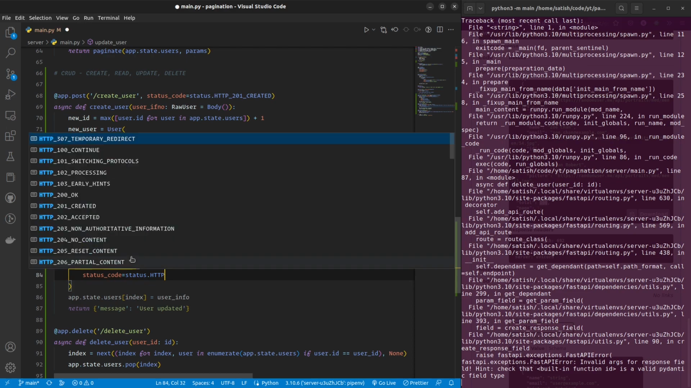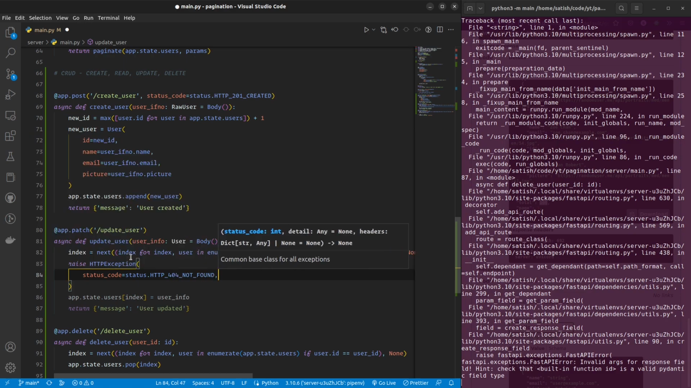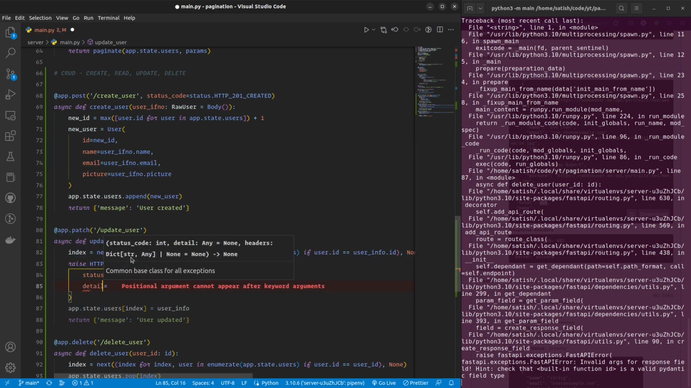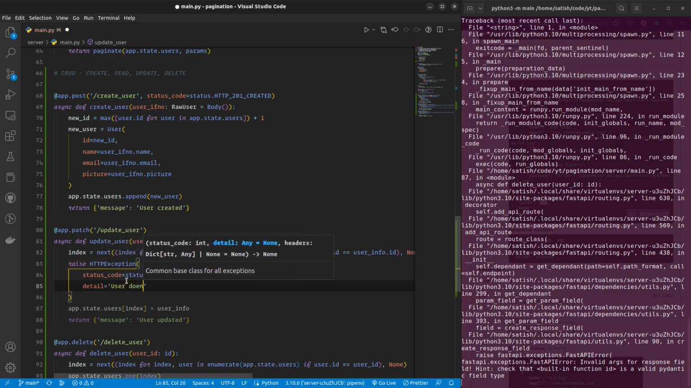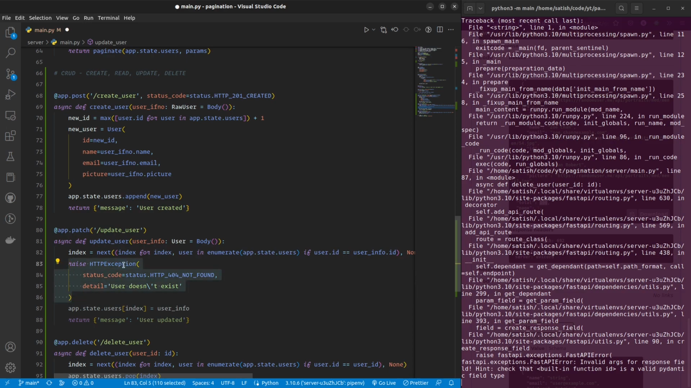Sorry guys, HTTP 404 not found. And you can also give another parameter called detail, and you can also give the headers, but I am just leaving it to detail for now. And you can say that user does not exist. Okay, I'm just gonna put an escape sequence here. So yeah, there you have it, and same goes for